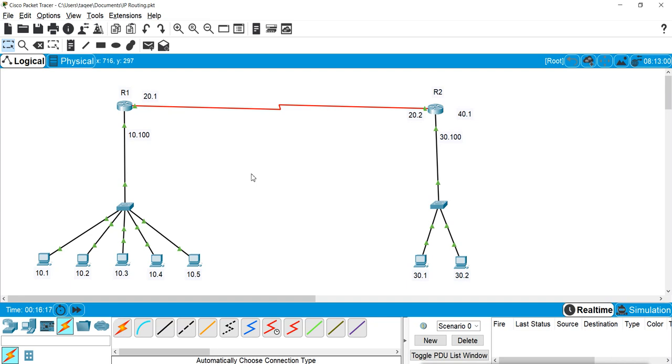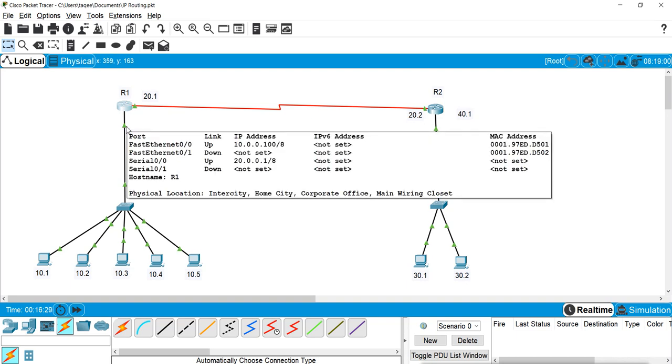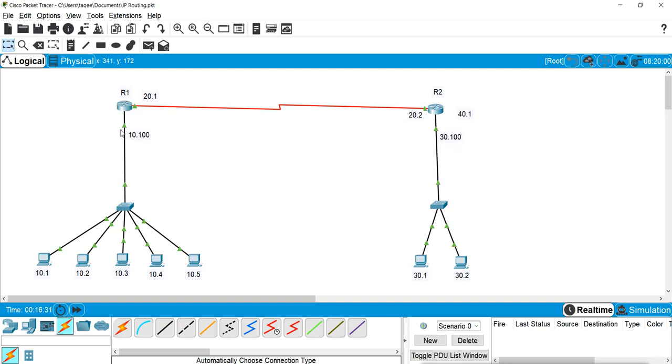Now in this case, all these IPs, all these machines will send the data to the WAN network. So they always come in on this interface, that means this FastEthernet 0/0, and they always go out from this other interface.